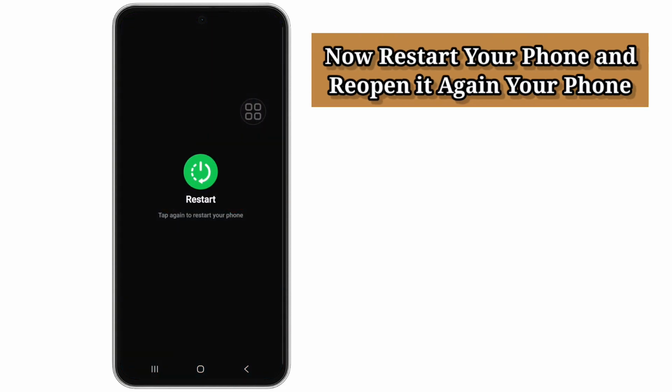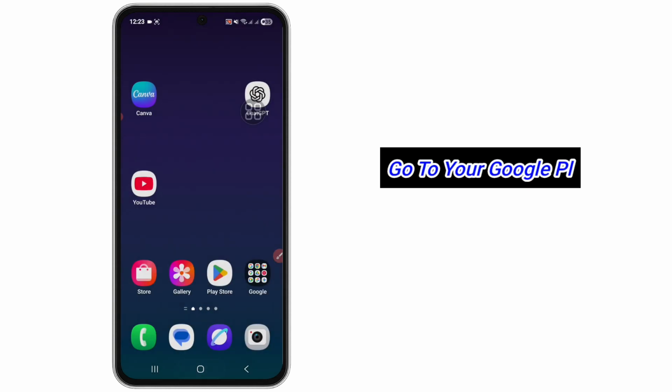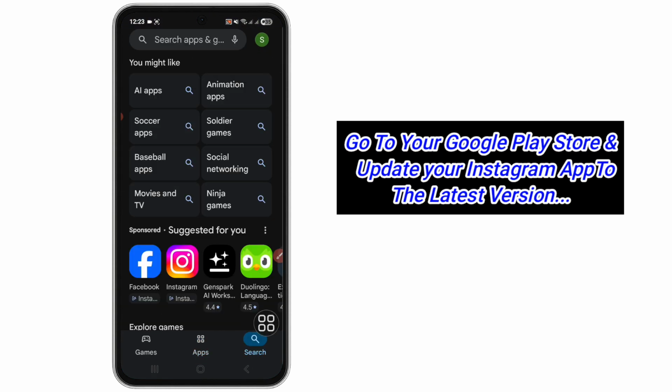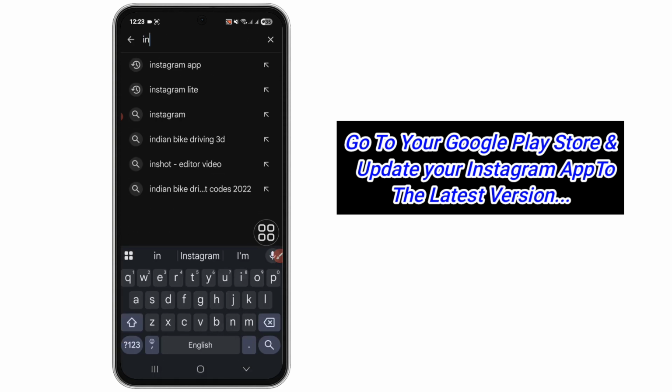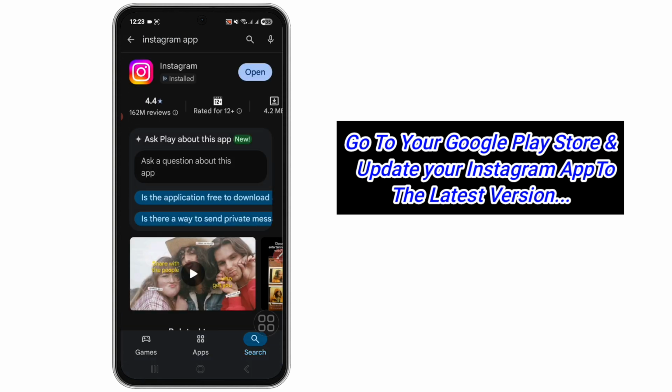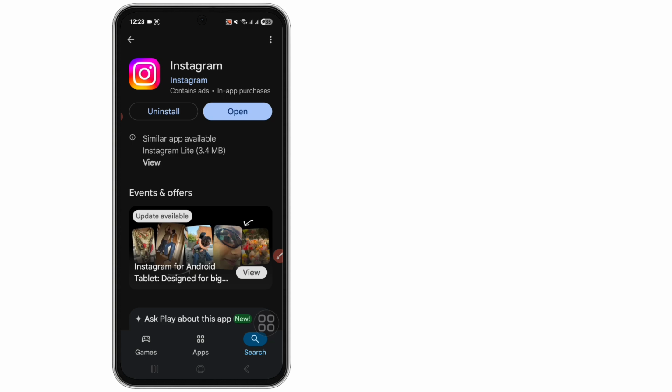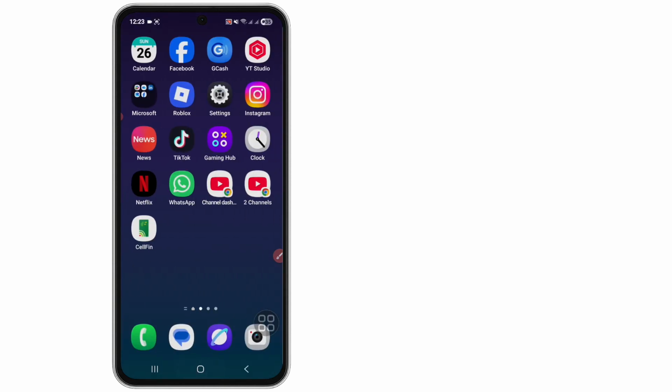Okay, back to home screen and go to Google Play Store or App Store, tap on the search bar, search for Instagram, then tap on Instagram. Now check if the Instagram app is updated. My Instagram app is already updated to the latest version. Okay, back to home screen and now open your Instagram app